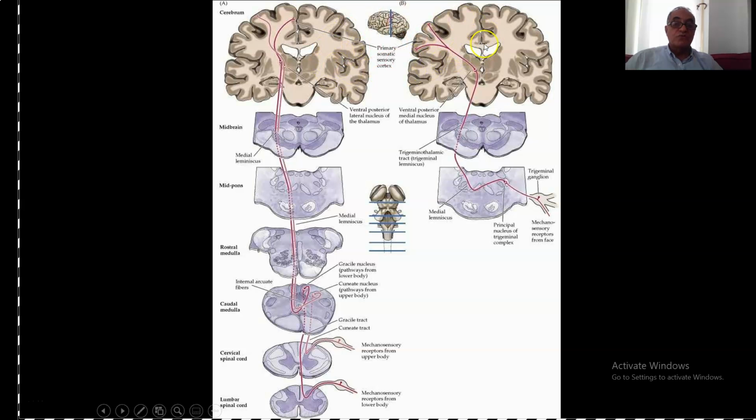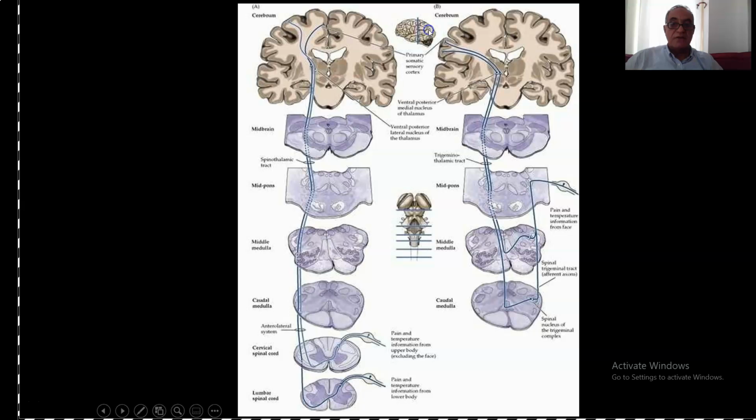So this is for the superficial sensation from the body, and the deep sensation from the body, gracile and cuneate, to the posterolateral ventral nucleus of the thalamus, then the sensory area. And the sensation from the face goes by the trigeminal lemniscus, also to the posteromedial ventral nucleus of the thalamus, and then to the sensory area. And this is to show you the superficial sensation going through the lateral and ventral spinothalamic tracts. Together they form what we call the spinal lemniscus,